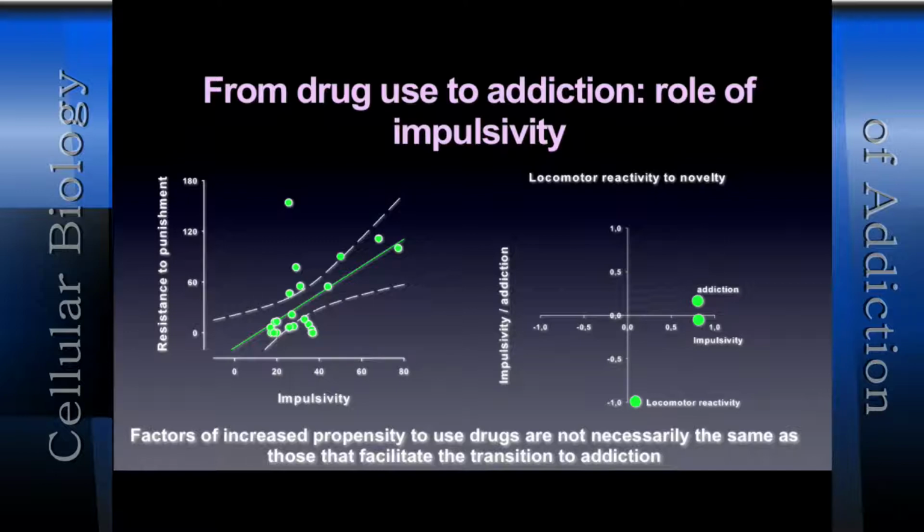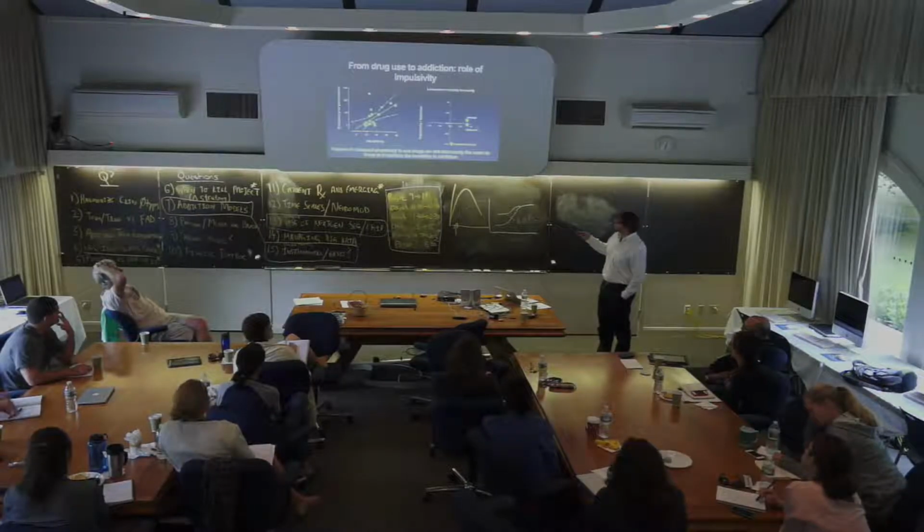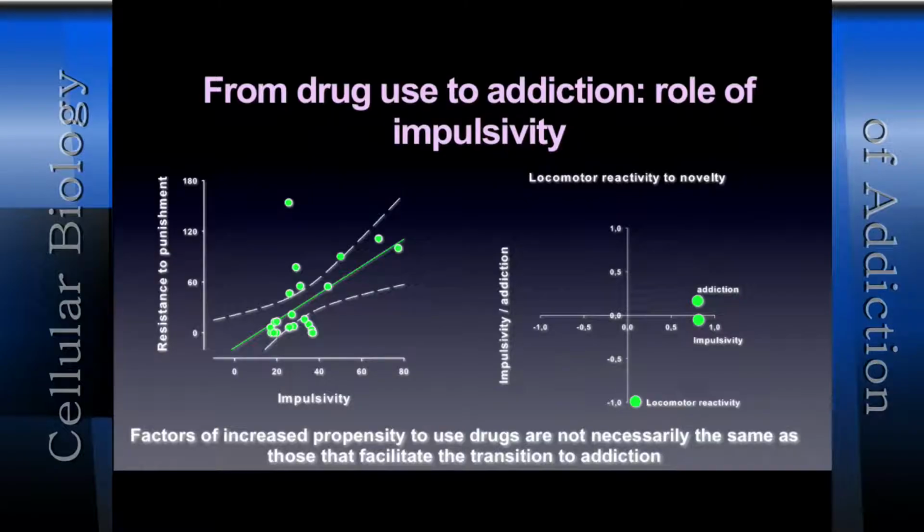And this impulsivity has been shown by Jeff Dalley to be associated with a decreased D2, D3 binding in the ventral striatum prior to any drug exposure. And these high impulsive animals would escalate cocaine self-administration more than low impulsive animals. And we've shown here that high impulsivity predicts the transition to compulsivity in the 3-criteria model. And that high impulsivity here clusters with addiction and is orthogonal to locomotor reactivity to novelty, the Piazza HR-LR model that has been shown to predict increased propensity to self-administer drugs.